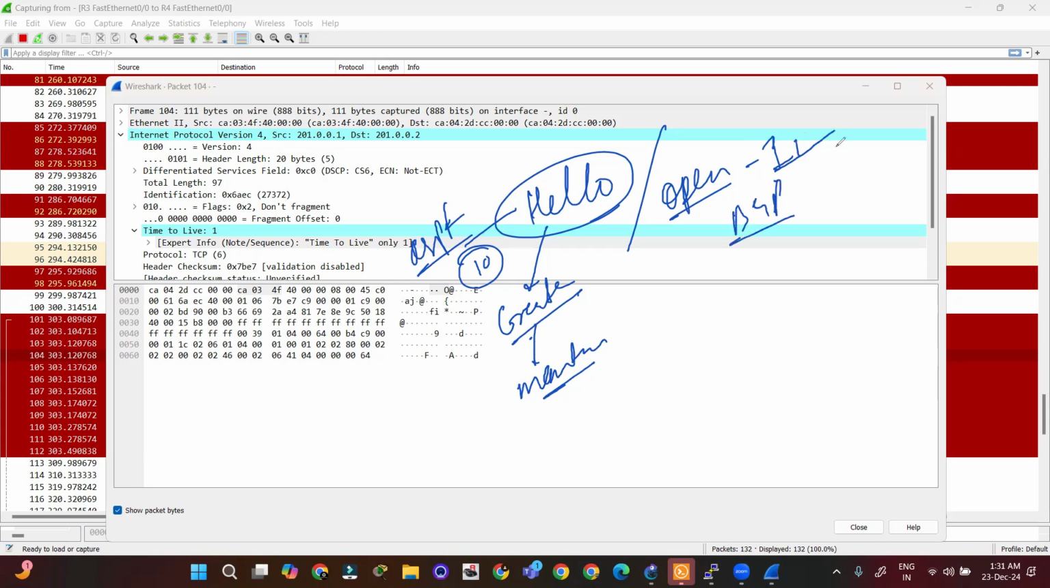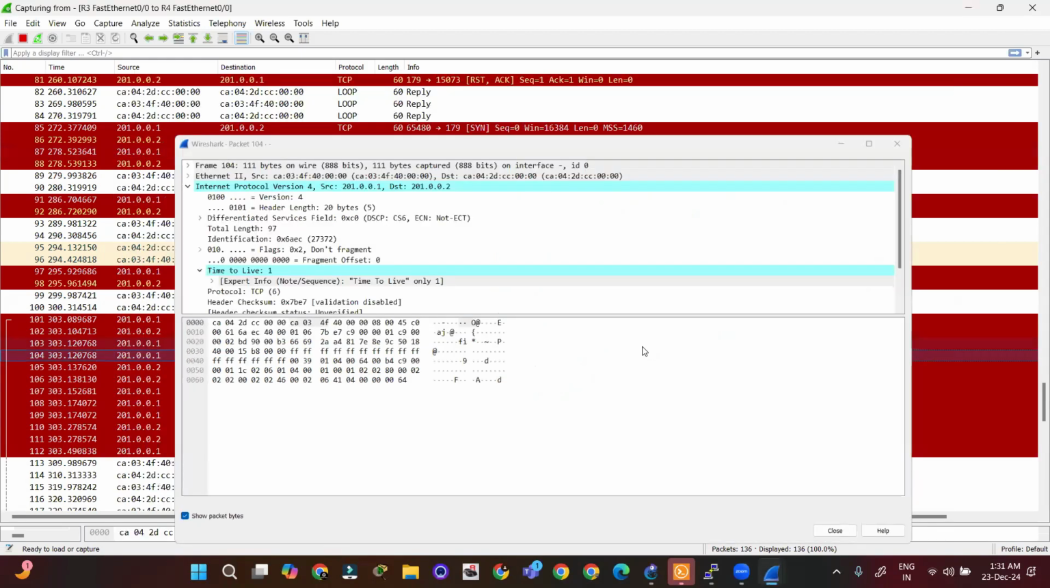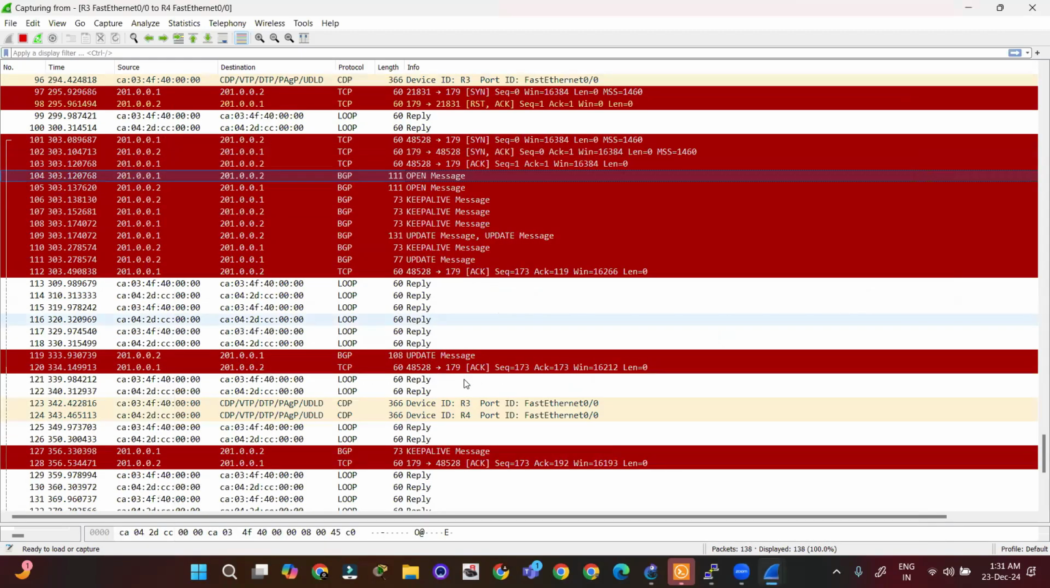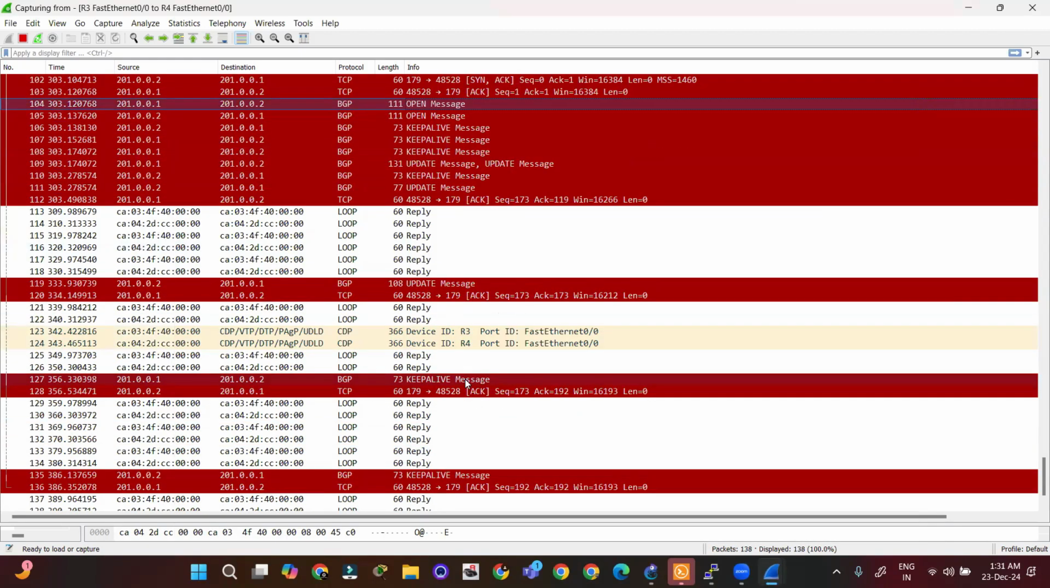The OSPF message will be forwarded once. After that, to maintain the neighborship, the TCP keep alive message will be forwarded every 60 seconds. So as we can see, after each 60 seconds, the keep alive message will be forwarded to maintain the neighborship